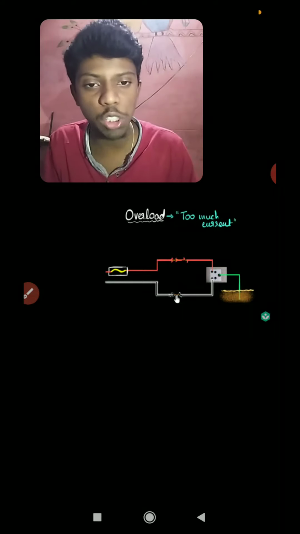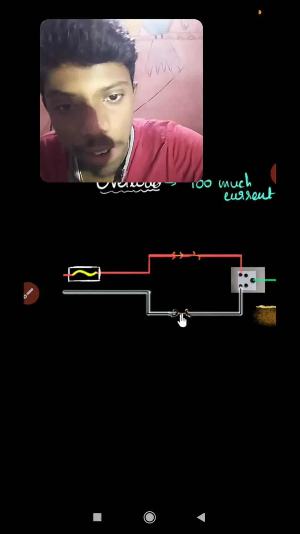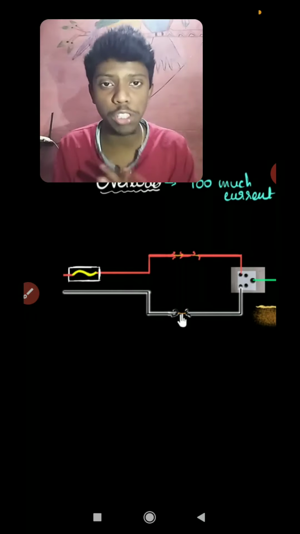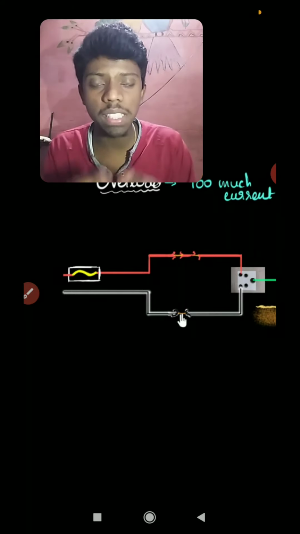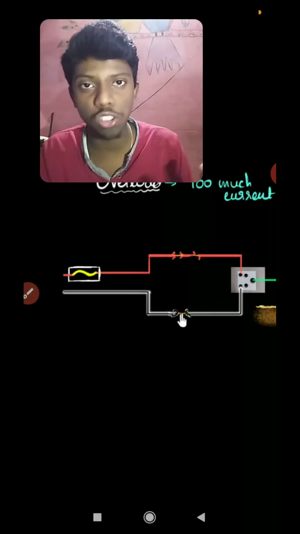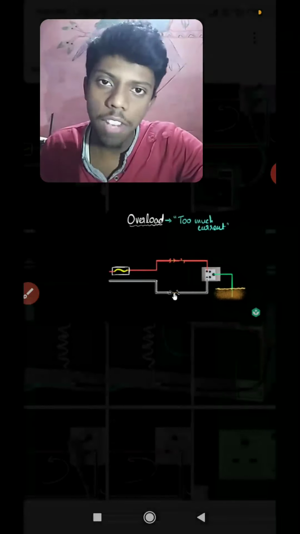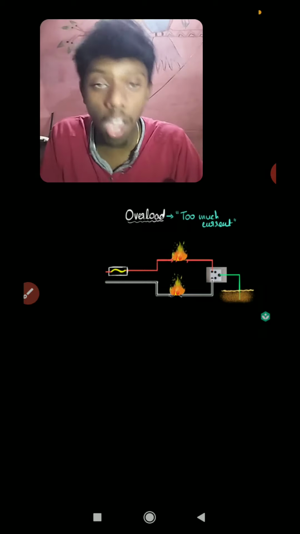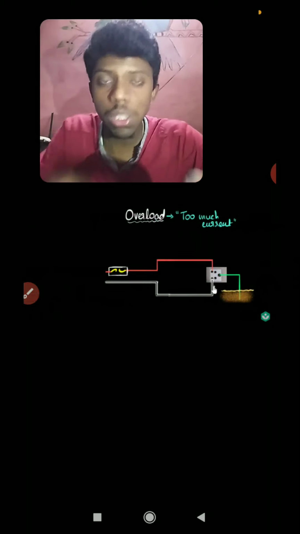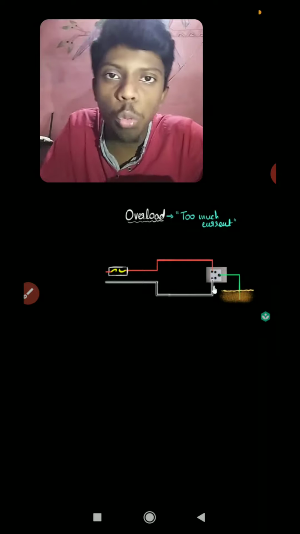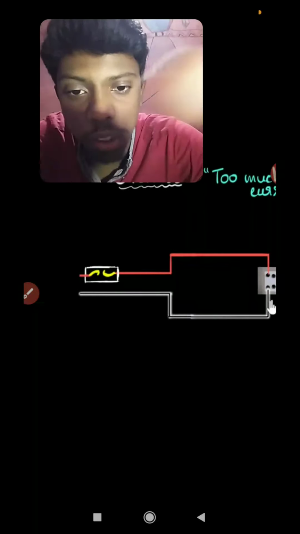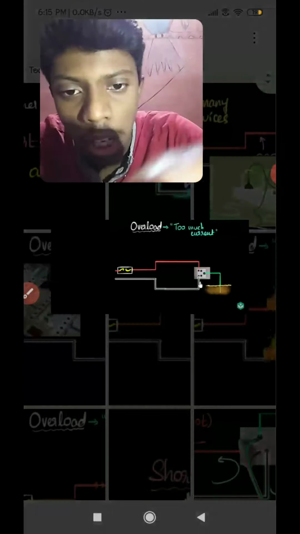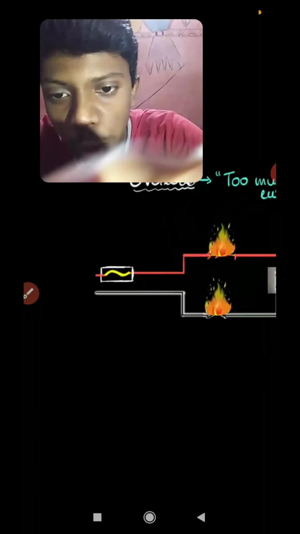You can see the socket there. If more current passes through the red insulated wire, the red insulation cover starts to tear away. After it tears away, eventually it catches fire, so it leads to accidents also. So that must be prevented. To prevent that, we are going to use a fuse. I would like to show this picture. So this is a fuse.